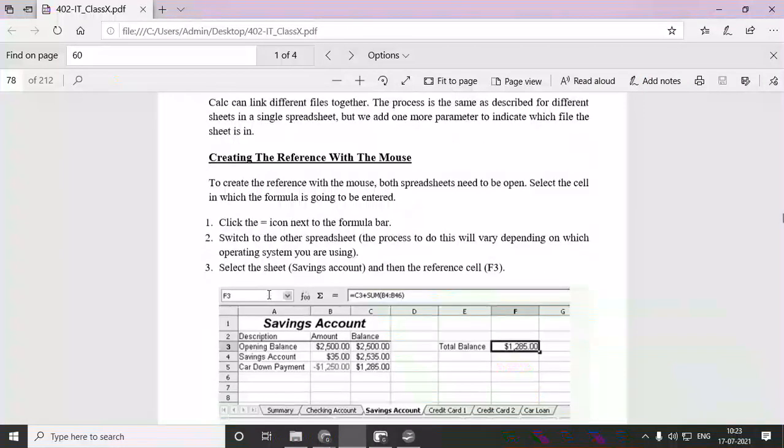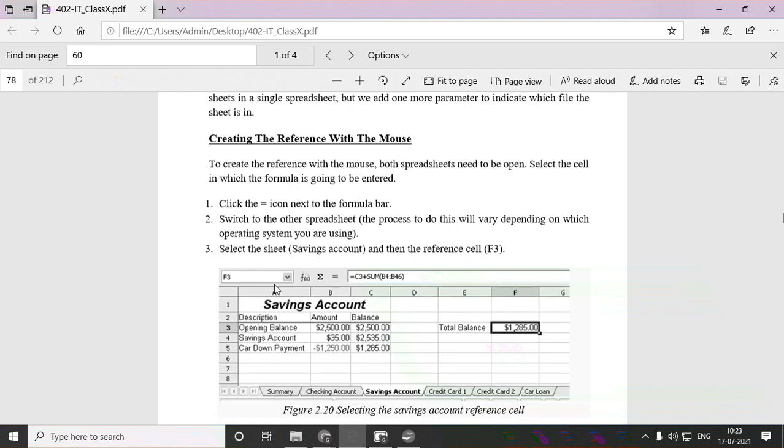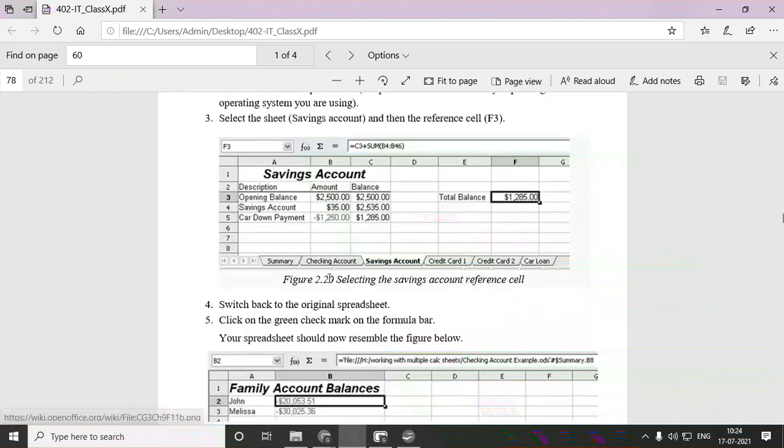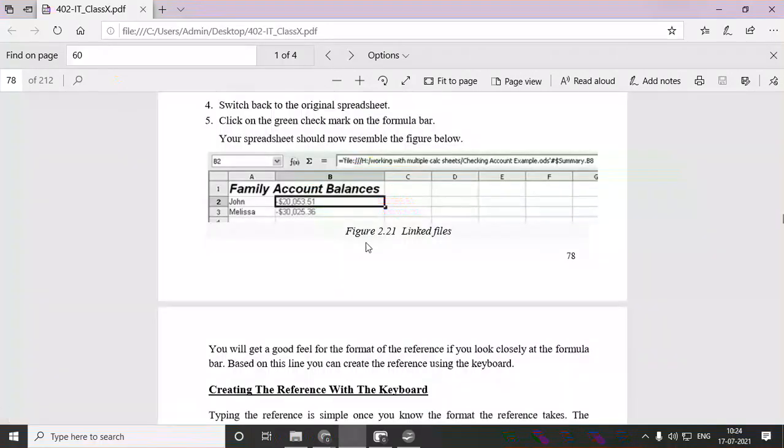In sheet 1 you just enter any data. In sheet 2 you enter only the equal to sign. Then if you select that number or text and press the accept button, that equal to sign will change to that particular text or number. Only write those steps. Don't read everything that is there in the textbook.